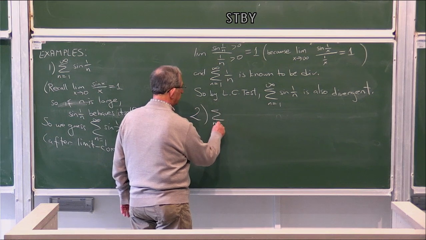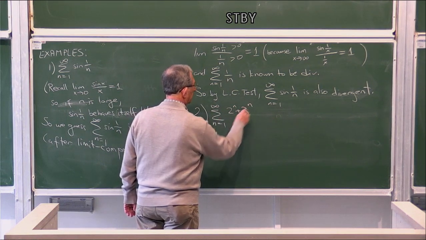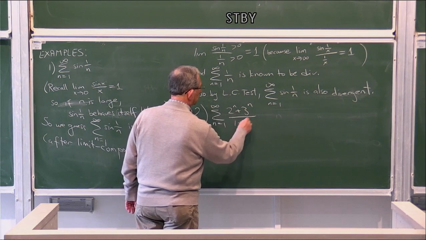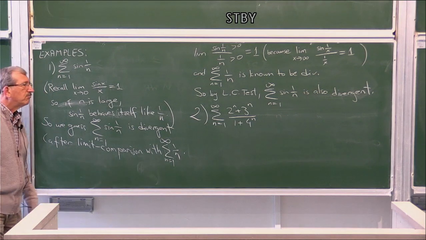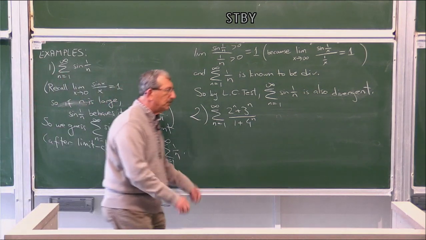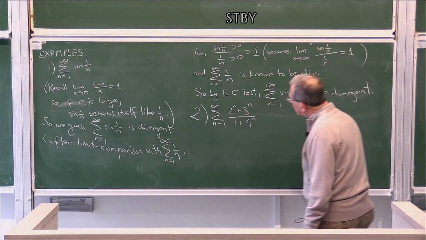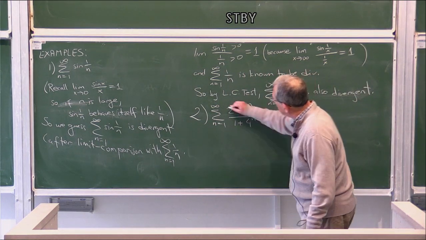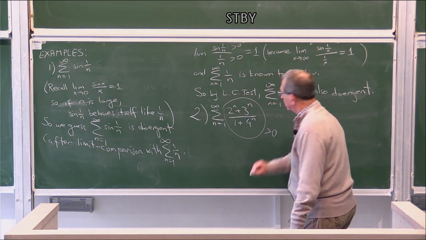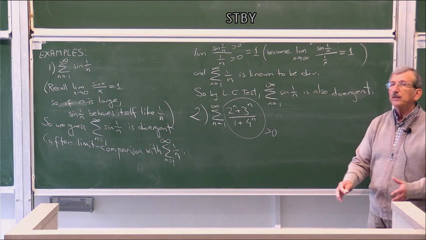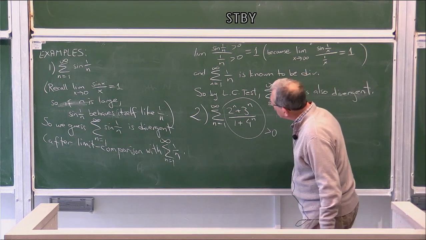Consider the series, say 2 to the n plus 3 to the n, over 1 plus 4 to the n. Now this is a little bit more complicated looking series, but it's very easy to check that this term is always strictly positive. So we can try to use a limit comparison theorem type of theorem. Well,